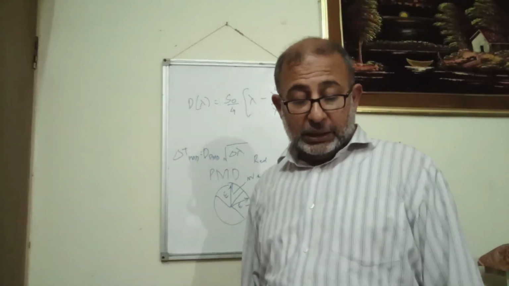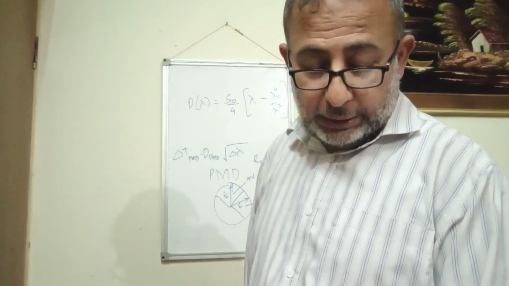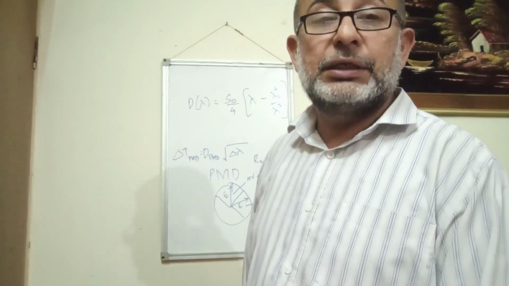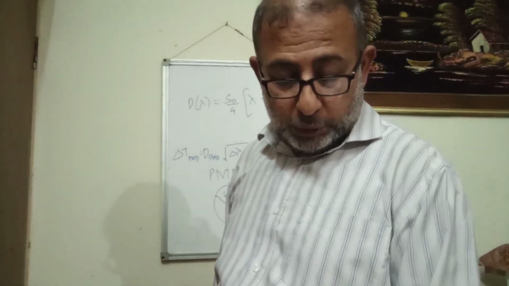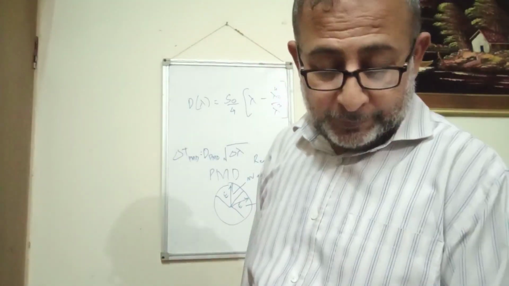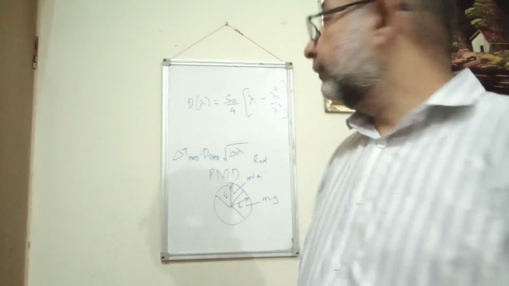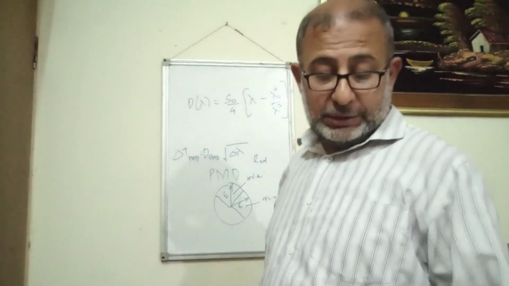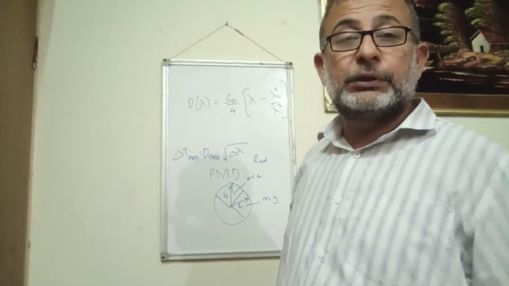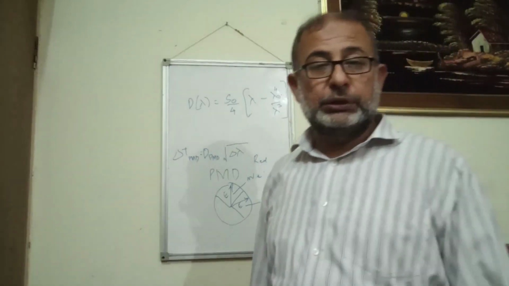If we draw a perpendicular line from the point at which this resultant curve cuts the zero line and protrude it to the x-axis, we get the value of lambda naught, which is used here. This lambda naught is the value of the wavelength at which this resultant dispersion is zero,